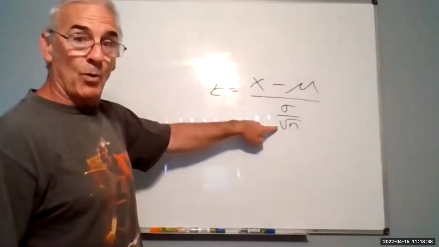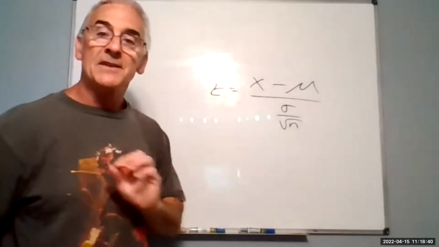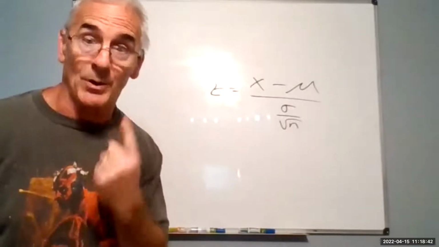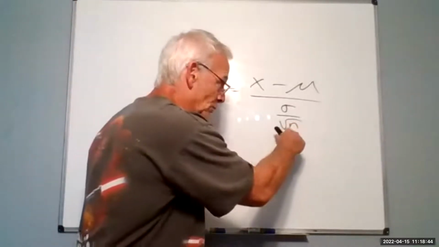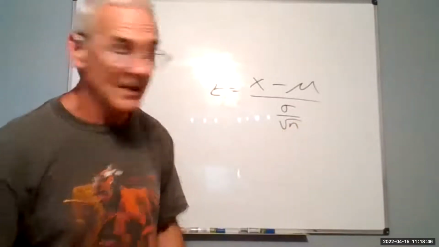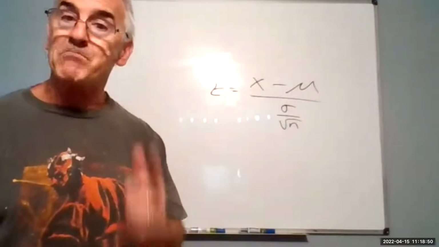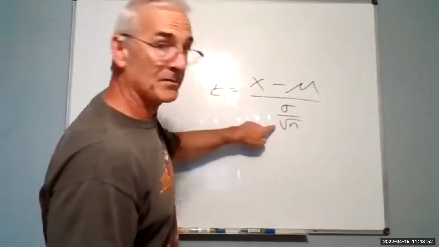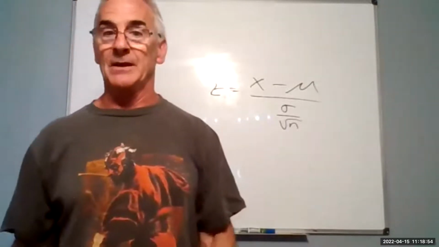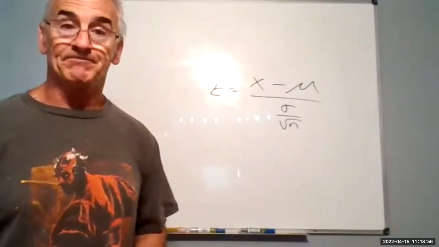So the formula: if I have a sample that is not 1, I have to account for it here. If the sample is size 1, you have 1 person, then you have the square root of 1, which is 1, and then we basically just have the original formula. But if I have a sample that's more than 1, I have to divide sigma by the square root of n. That's how I get my z. Okay, so in the next example,